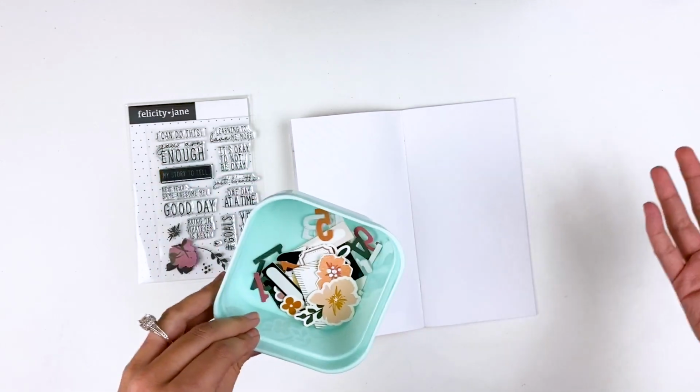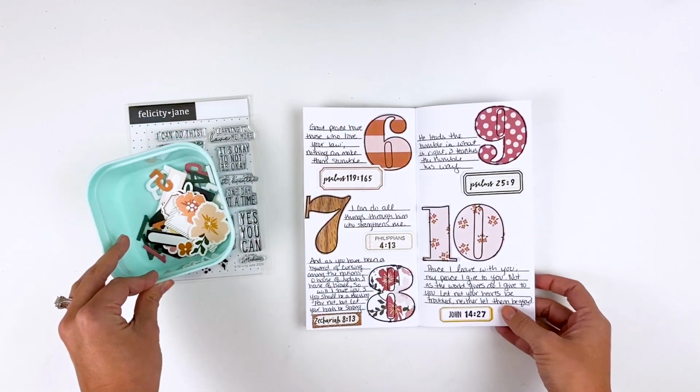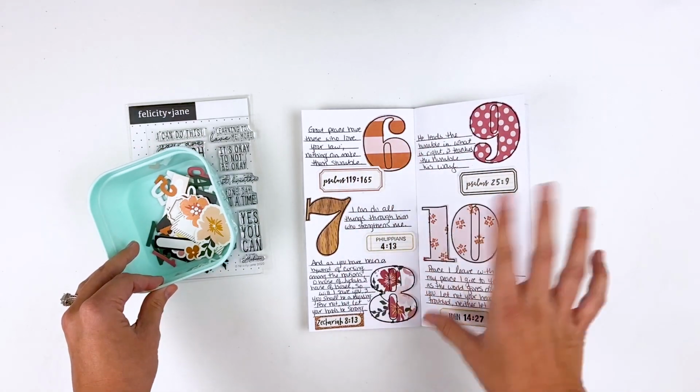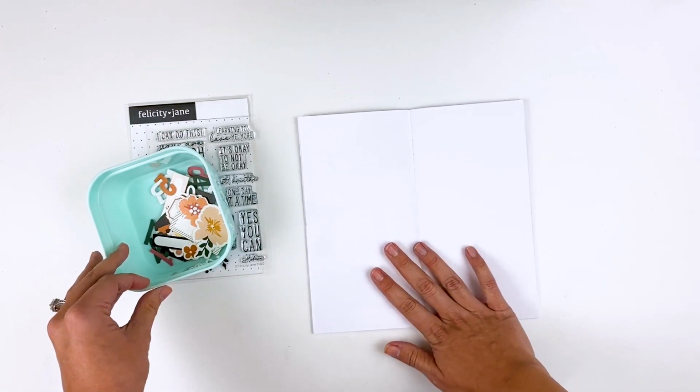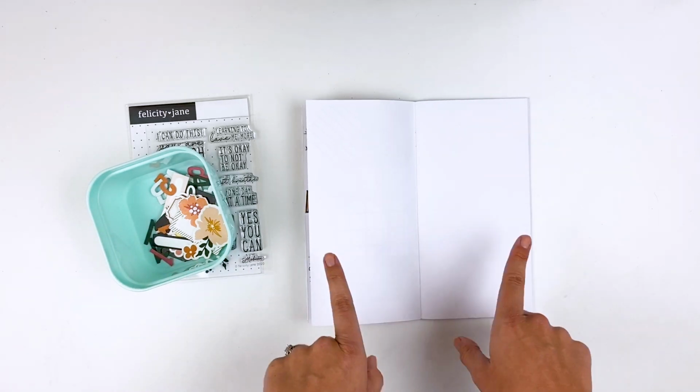If you've never picked up pattern paper before because you're a Bible journaler and just haven't found a good way to use it yet, I am having a lot of fun playing with pattern paper in different ways in this project. So let me go ahead and put you guys on fast forward and we'll put this week's